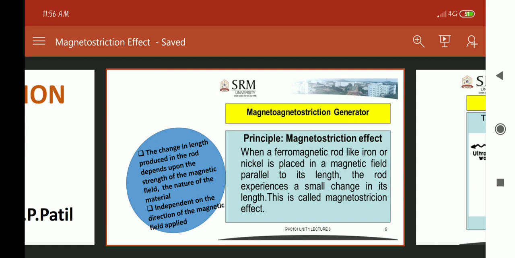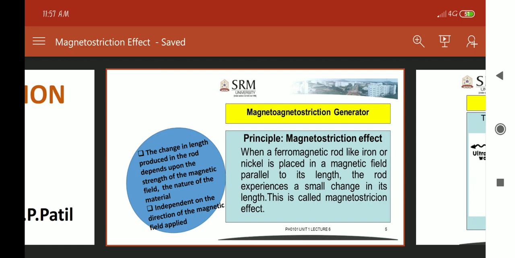That means, if a rod of ferromagnetic material is placed in a magnetic field which is parallel to its length, then its length will change. The change in length produced in the rod depends upon the strength of the magnetic field and the nature of the material, but it is independent of the direction of the applied magnetic field.